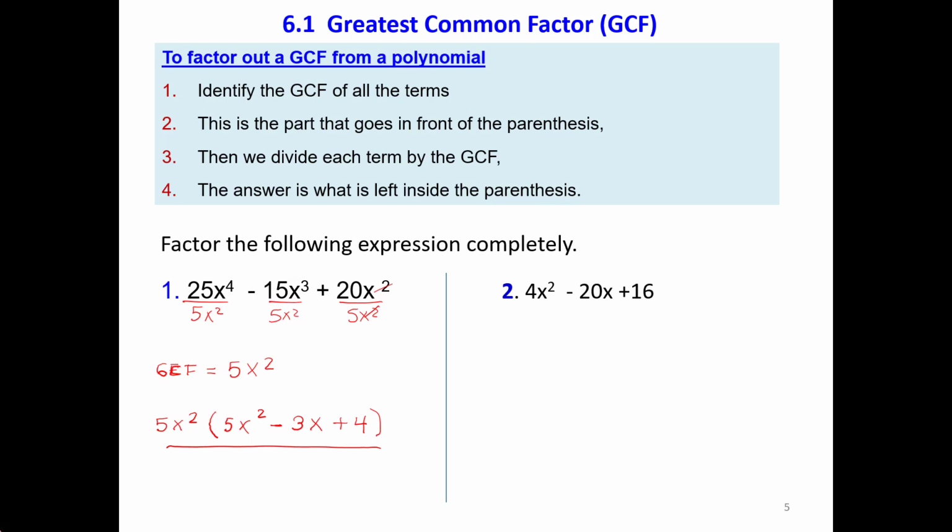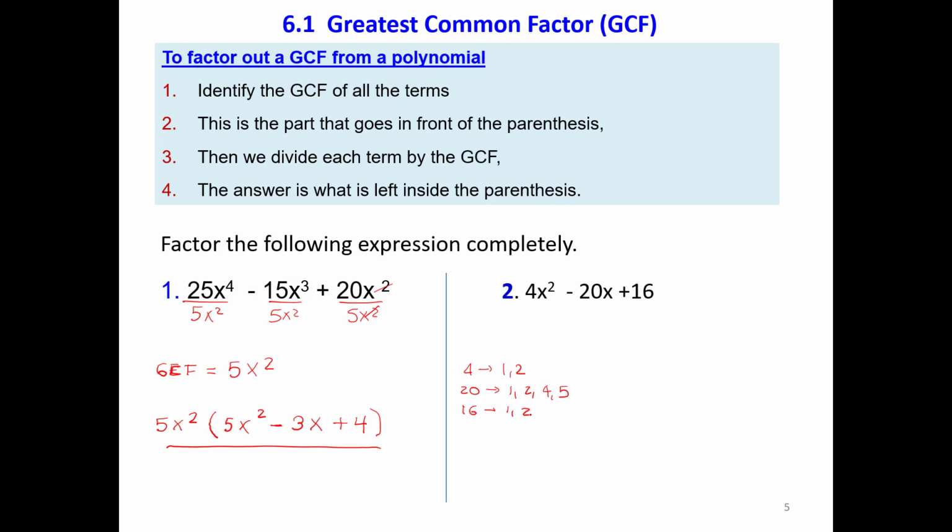And let's apply the same procedure for the next one. Then first we need to find the greatest common factor of the numbers. And if you know, you don't need to write the factors for each number, but let's review just in case you don't know how to find the greatest common factor. Then if you don't know the greatest common factor, just write the factors. You can list the factors: for 20 is 1, 2, 4, 5, for 16 is